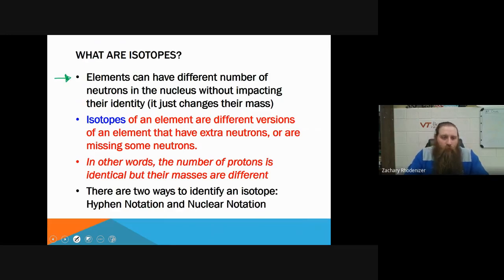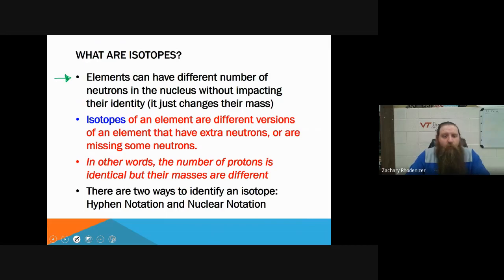It is an element with a different number of neutrons in the nucleus. It does not change the identity, okay? So we'll see on the next slide, carbon 12, carbon 13, and carbon 14. They're all carbon. If you try to define their behavior, they're going to behave like carbon. The problem is neutrons affect stability. So if you don't have the right number of neutrons, you can end up with radioactive, in this case, carbon,